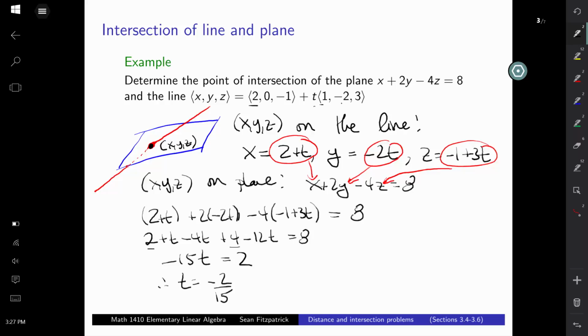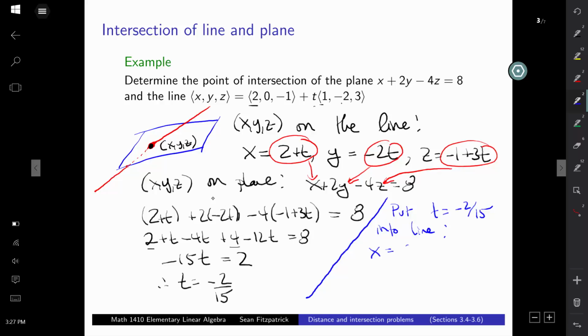Okay, good. So I got a t value, right? But the t value is not what I was asked to find. What was I asked to find? I was asked to find the point of intersection. So what is the point of intersection? Well, we put this back into the equation of our line. And we get that,